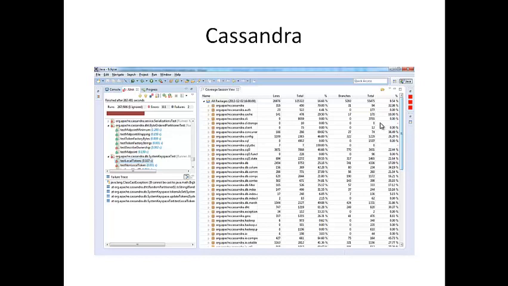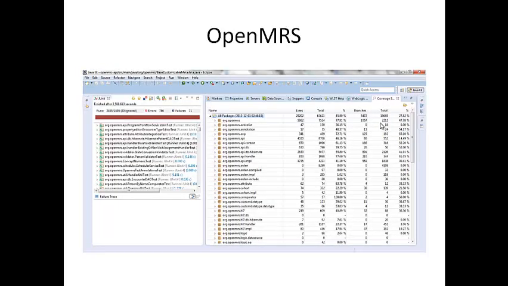Moving on to our next project, that is OpenMRS. It has about 2400 test cases, out of which about 1500 executed successfully. In the coverage session view, we can see that about 29,000 out of 63,000 lines have been covered by test cases, giving us a line coverage of 45.90%. And about 5,400 out of 19,000, that is 27.82%, of the branches were covered by test cases. Looking at these numbers, we can say that OpenMRS is not well tested. It might contain a lot of bugs. Also, a large number of failed test cases suggest that the code is not well maintained.